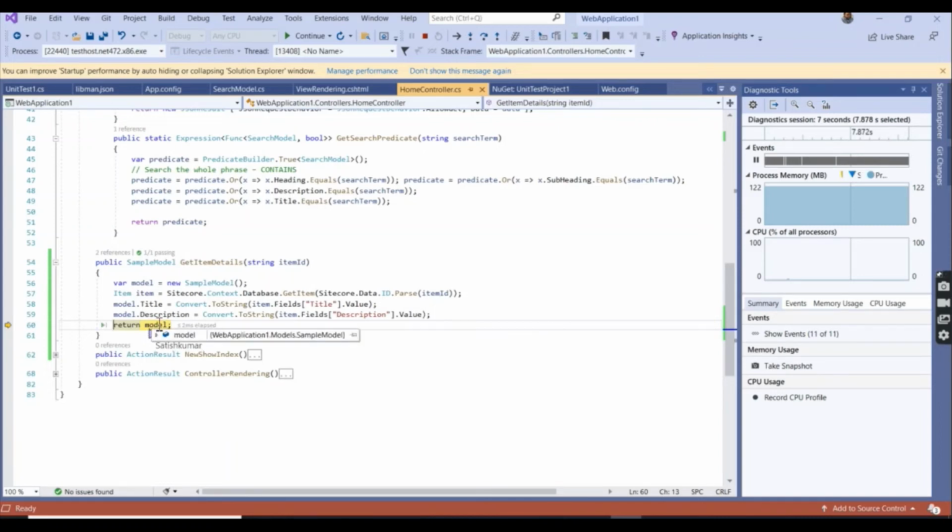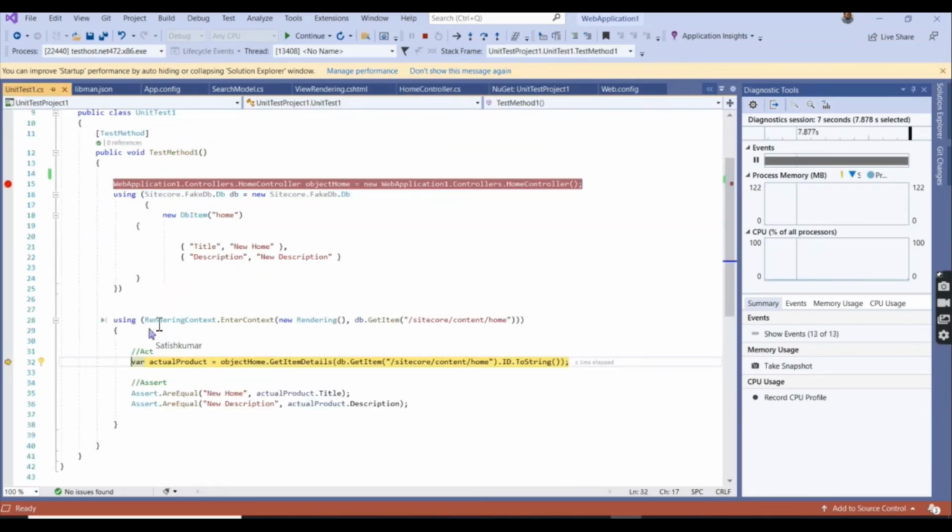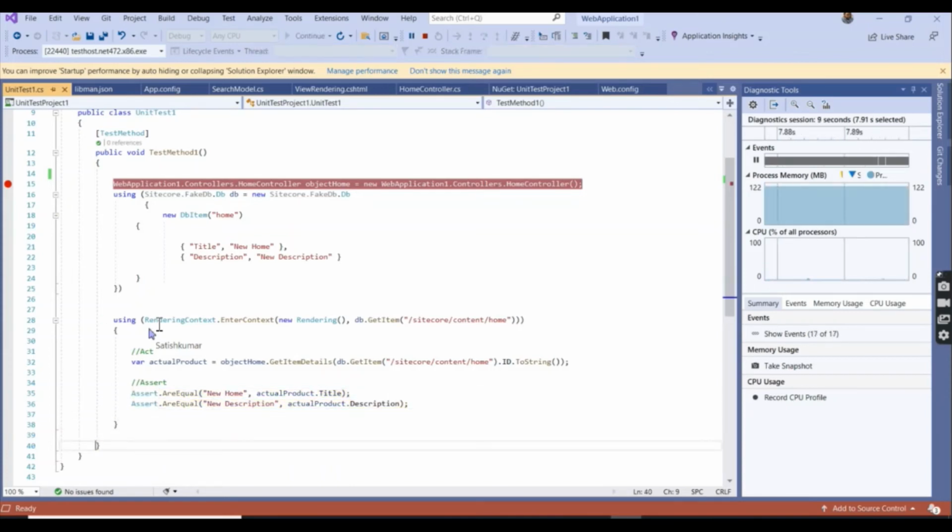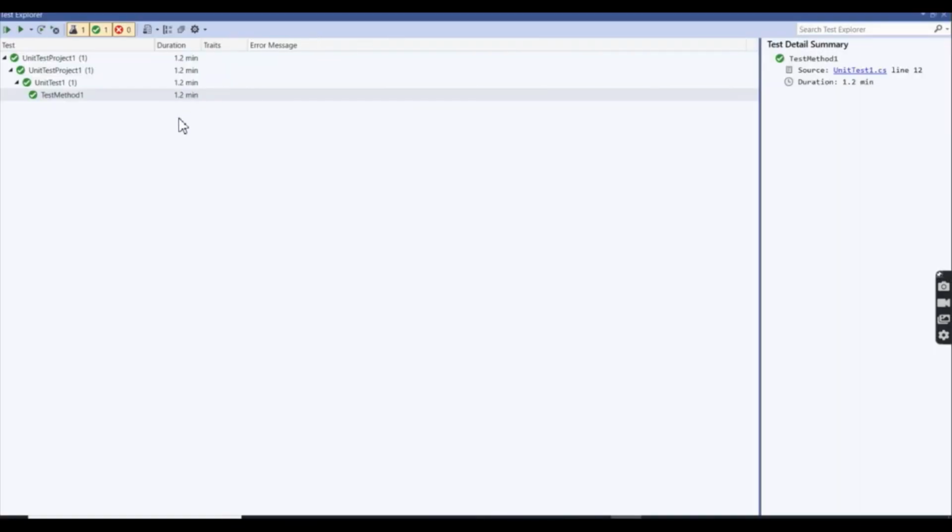Then I am pressing F10. I am just verifying the equality. Now it's a full run. So now the method is successful.